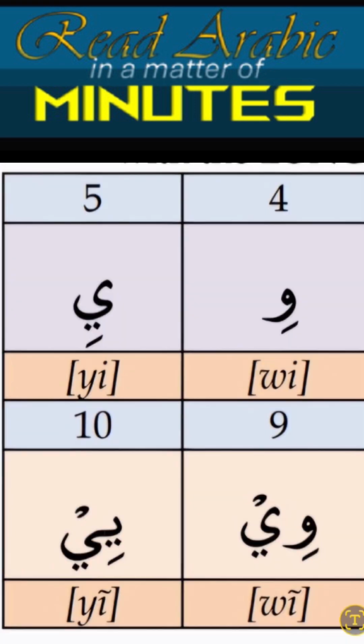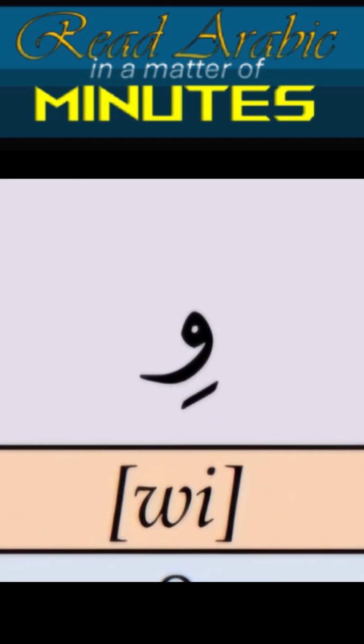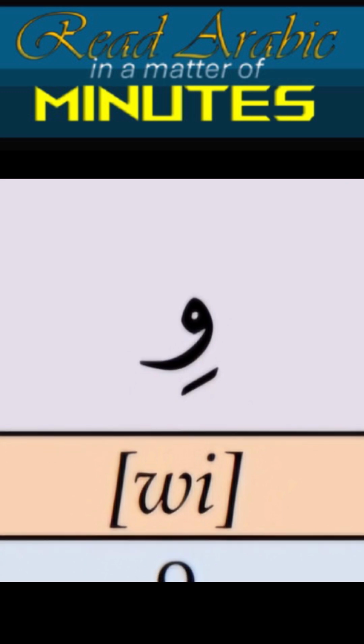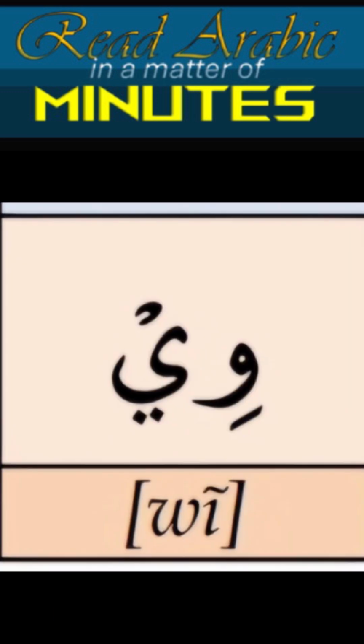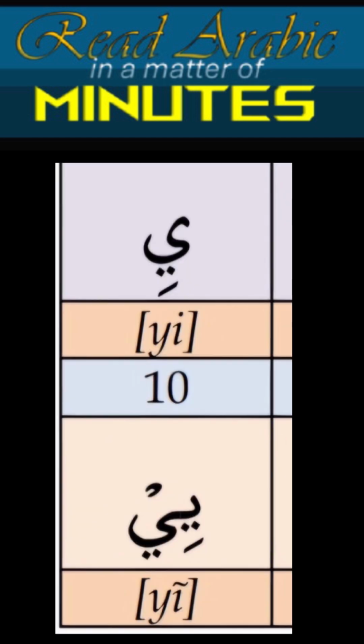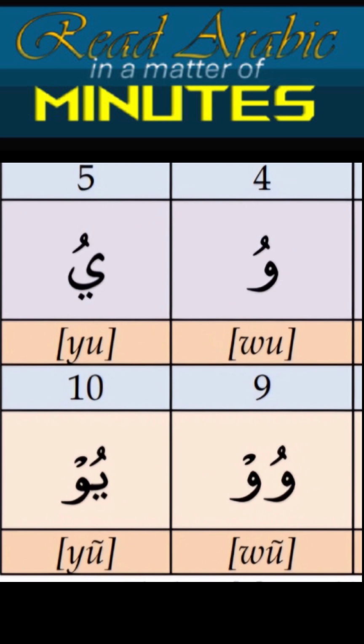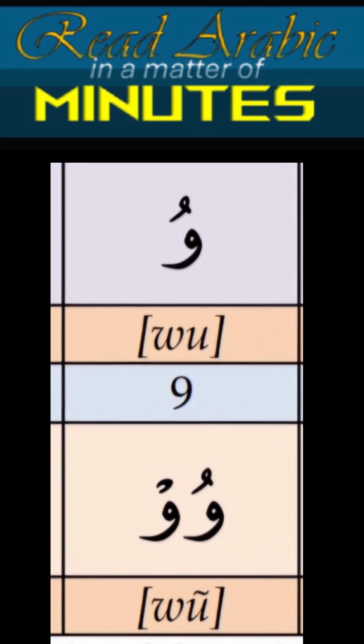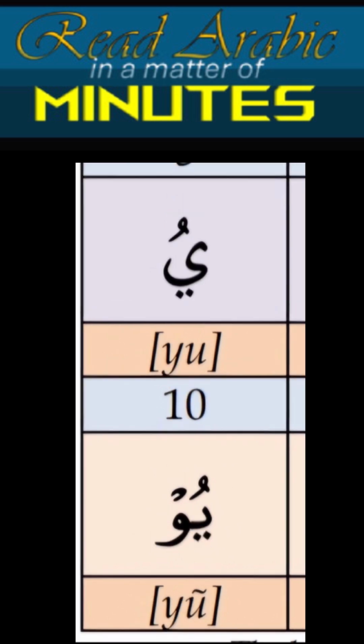Right, so if we have the i sound, then we have the following options. Firstly, the waw with the i will give us wi. And if it's lengthened, it will become wee, such as we see. So wi and wee. And the ya will be yi and yee. So that's the short and long ee sound. And then of course, if it has the u sounds, we will find wu, as we see here, wu. And the long one would be woo. And with a ya, it will be yu and yoo.